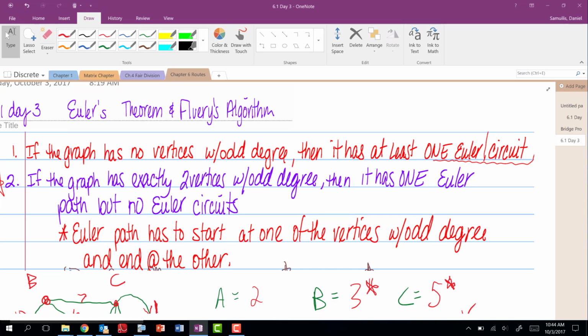In those 8 drawings, 3 of them had the exact same properties, and they were Euler circuits. 3 of them had one property that was exactly the same, and they were all Euler paths. If the graph has exactly 2 vertices with odd degree, then it has 1 Euler path. That's actually kind of a lie, because we could start at one of the odds and end at the other, or vice versa. So that implies there's different ways to do that. But there's definitely no Euler circuit there. You can't create a circuit when you have 2 odd degrees. It just doesn't happen.